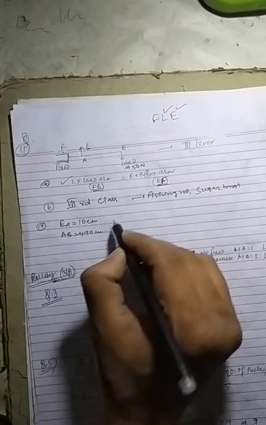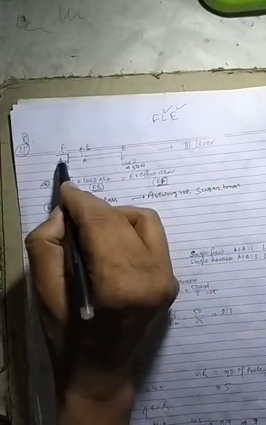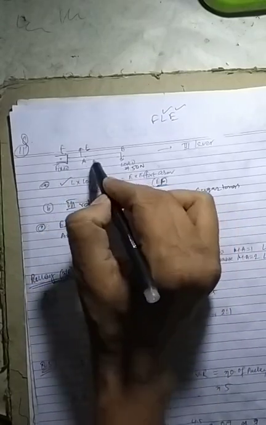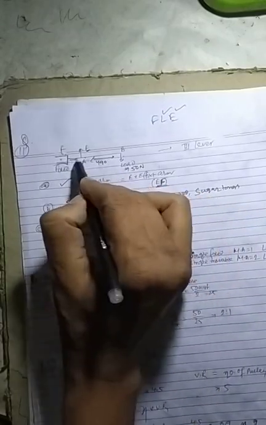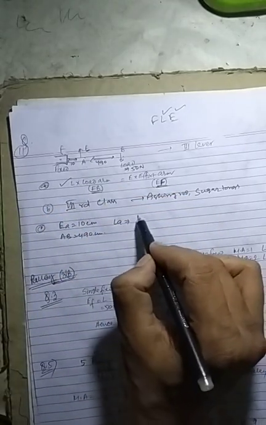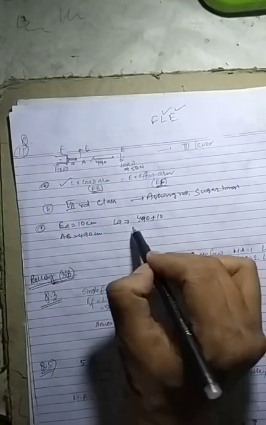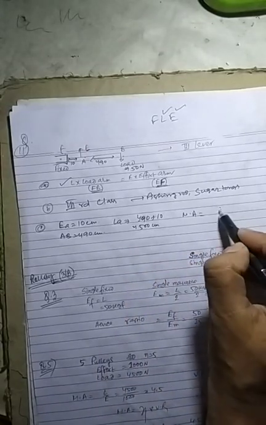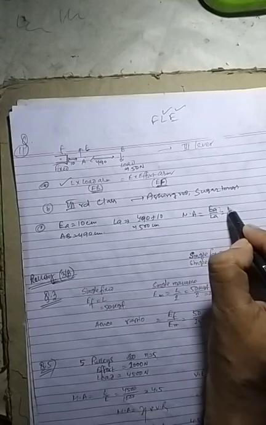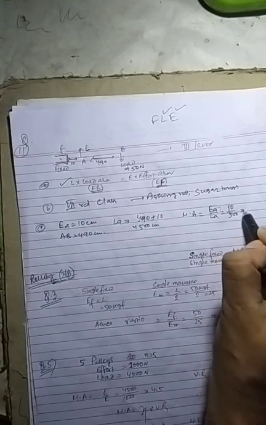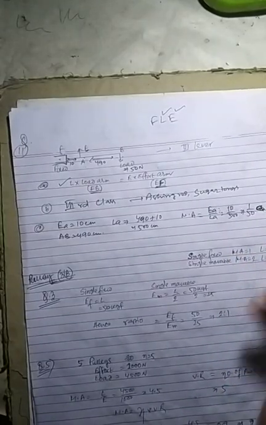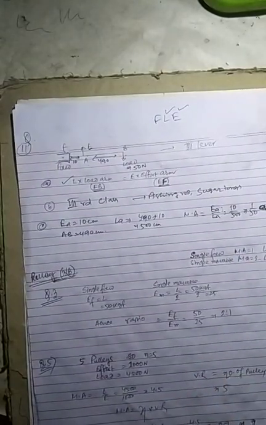So students, the load arm we have to find. Load arm will be fulcrum to load. This is fulcrum to effort. So this is given 490 and this is 10. So we add 490 plus 10, that means 500 centimeter. So mechanical advantage will be effort arm by load arm, equal to 10 by 500, that is 1 by 50. Unitless, because above and below it will cancel. 1 by 50 will be the mechanical advantage.